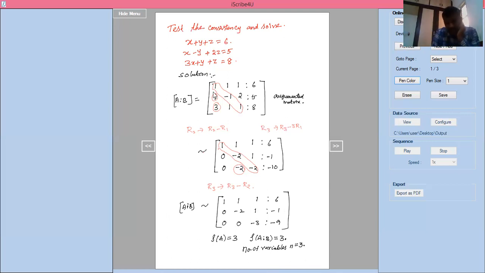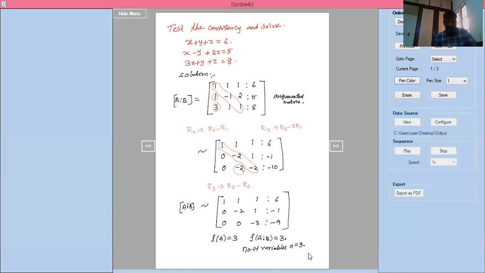See, below the principal diagonal elements we made it 0. Using 2 times: the first time I used the first row and made the first column element 0, and the second time I used the second row and made the second column element below the principal diagonal elements 0. Now here rank of A means only this part, for is to, number of non-zero rows is 3. A is to B means completely, number of non-zero rows, that time also you will get 3. So number of variables: X, Y, Z, that is number of variables n equal to 3.